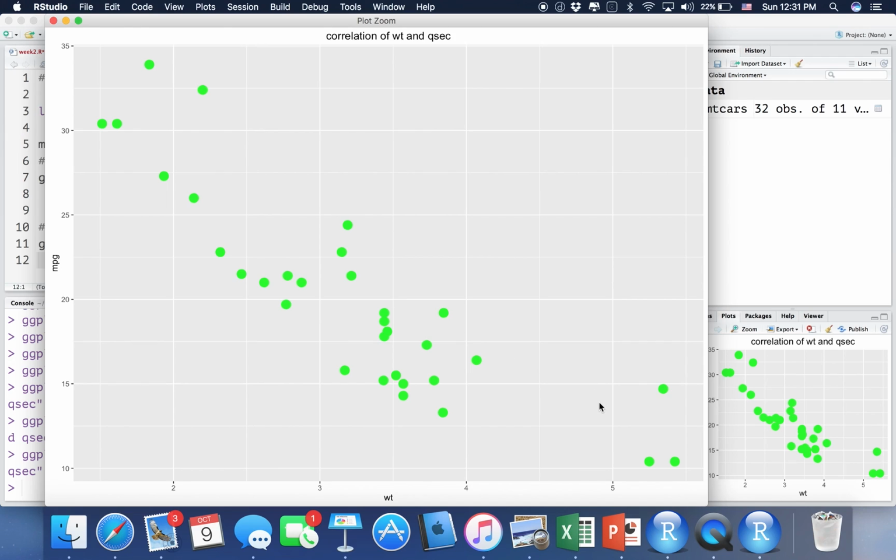And that makes sense, kind of. When a car gets heavier, like an SUV or a truck, its MPG should also be lower than a compact-size car. Now,